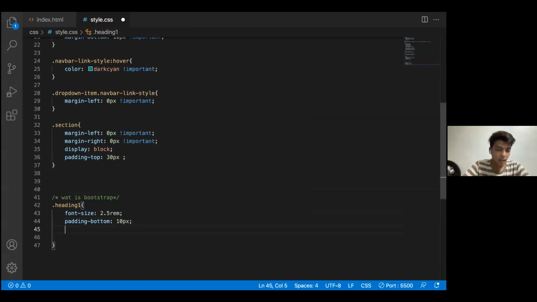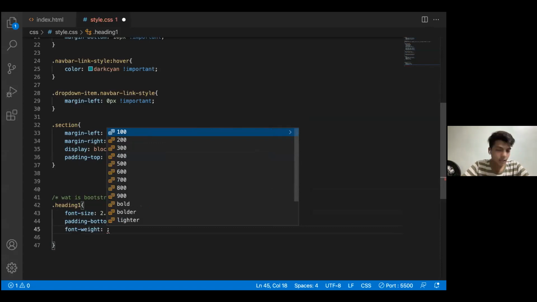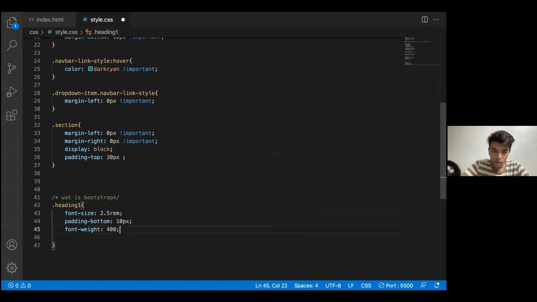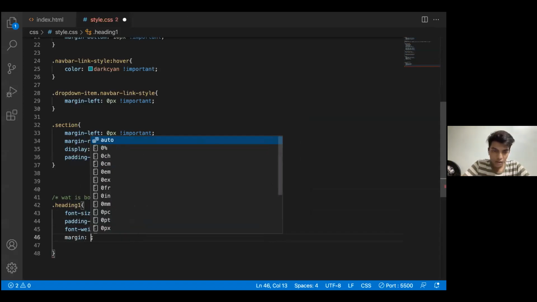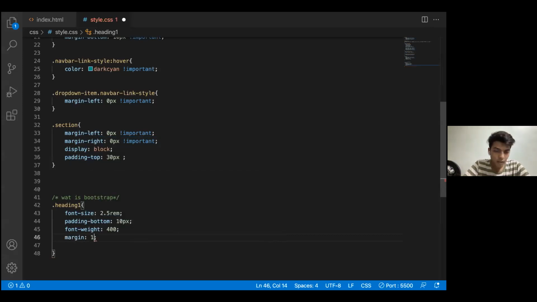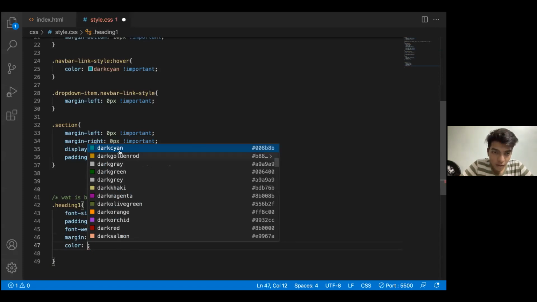The third part is font weight, which I had used earlier. This is something that I want as 400. Then I'll be giving it a margin of 1 em to the top and 0 to the bottom. And then I'll be giving a color, and the color can be this.